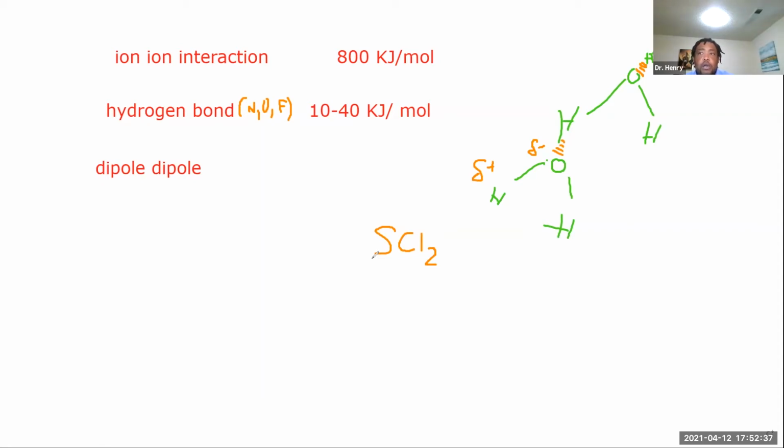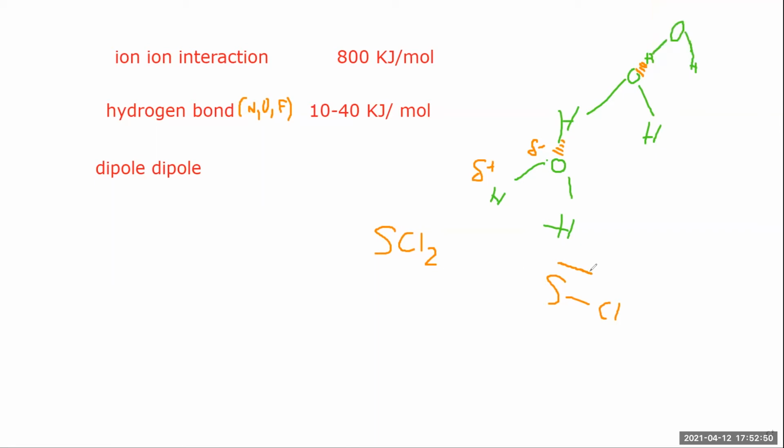So we know the bond between the sulfur and the chloride, who's going to be favored? Chloride. Okay, so in that case, the chloride is going to be favored. This is a crappy example, but